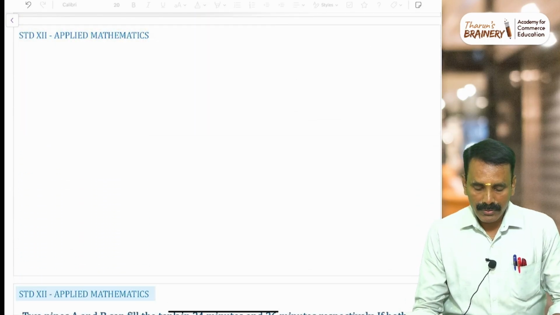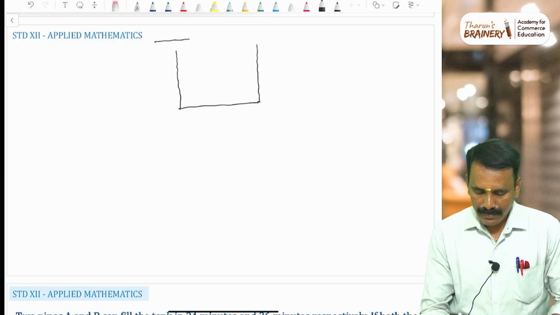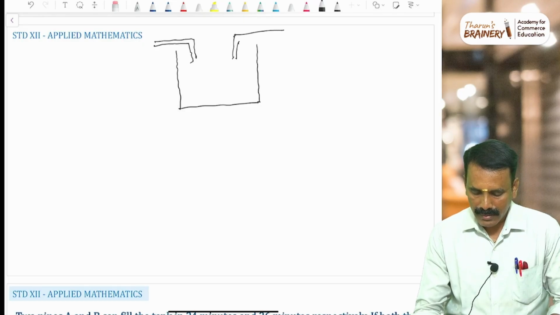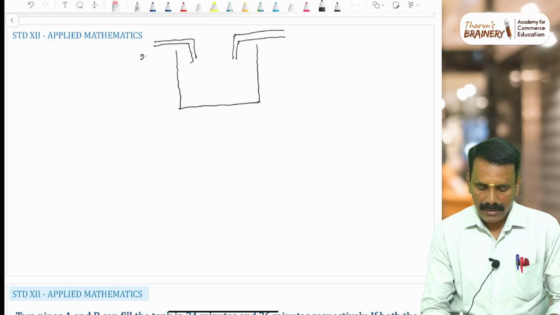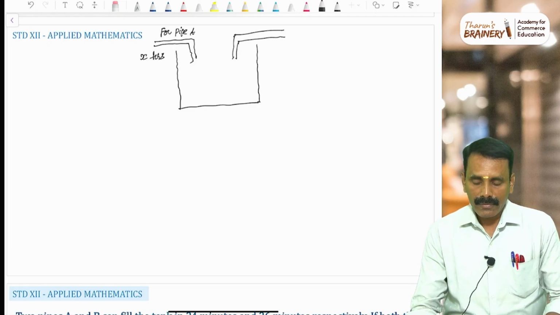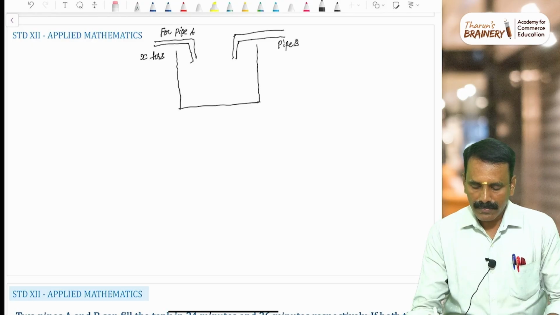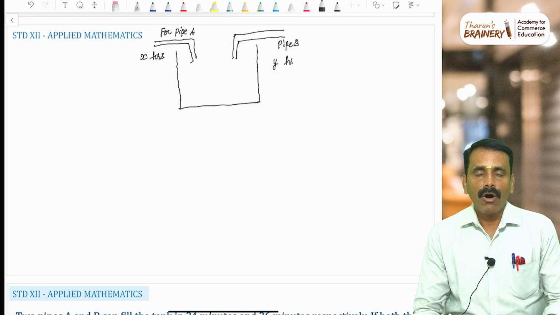In this session we are going to fill a tank through pipe A and pipe B. Individually, if pipe A is going to fill the tank in X hours and pipe B is going to fill the tank in Y hours, then if both the pipes are opened at the same time, how much time will it take to fill the tank? In that case,